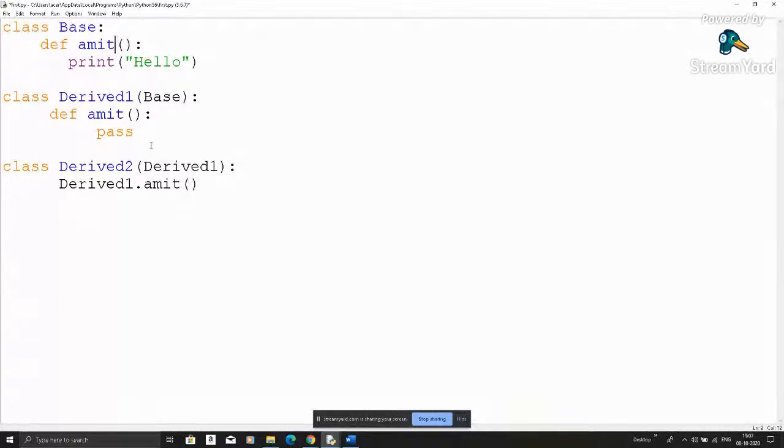So the compiler can get confused, because Amit is in both of them, in different classes, but all the classes inherit from each other. So there are two Amits in the derived class, but which one do they want to call? The compiler will get confused over there. That comes under polymorphism. But polymorphism is not working like this in Python. Sometimes, when you are using something in an independent manner, then you can use it.